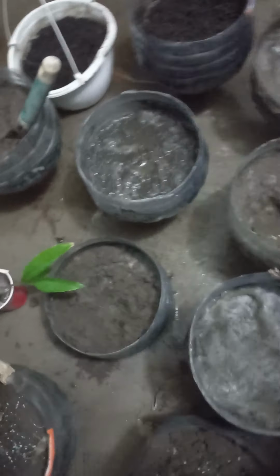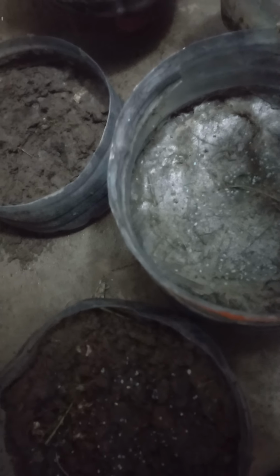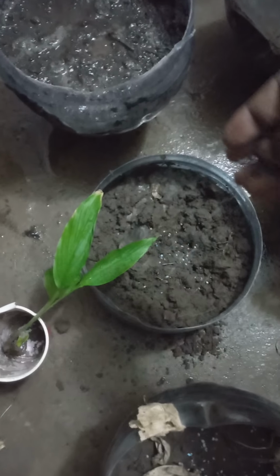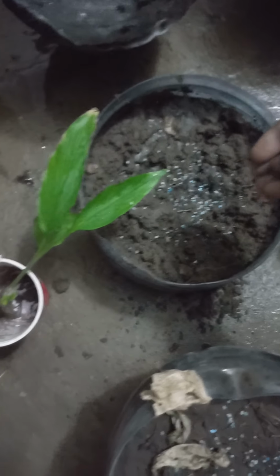So this is container 2. Then this is container 3. I just want you to know that it's easy to do. It's easy to do, so you can also try it at home. This is container 4. Okay, so I have some of my seeds dropping onto my